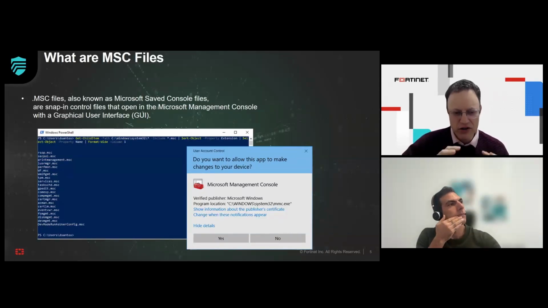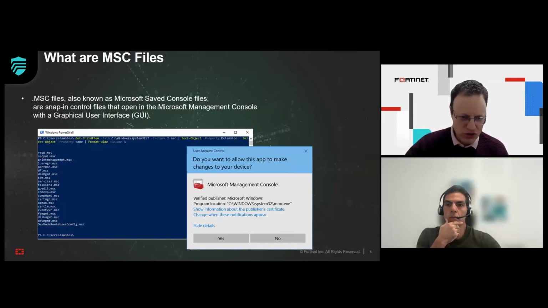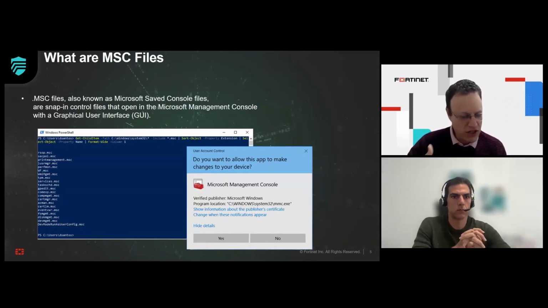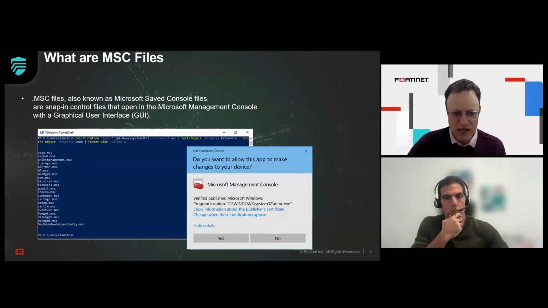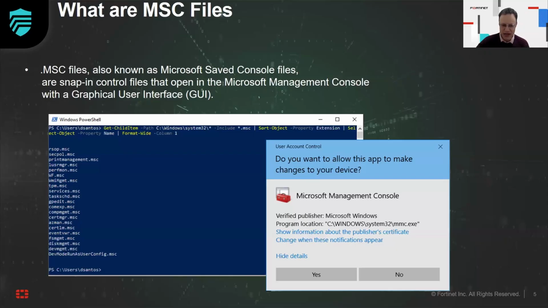But even when you're opening those very legitimate Windows tools, because those MSC files and the MMC tap deeply into Windows internals and data structures that are critical for the correct functioning of the operating system, the MMC and the Windows subsystem will throw you a warning saying, this application is going to make changes to your device. You know what you're doing. This can make or break your system. Are you sure you want to open this? And then you click yes. And then you are presented with